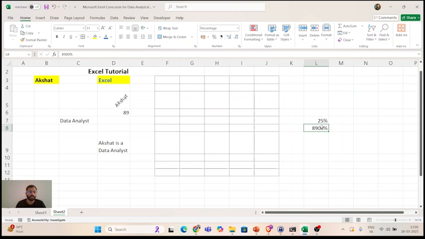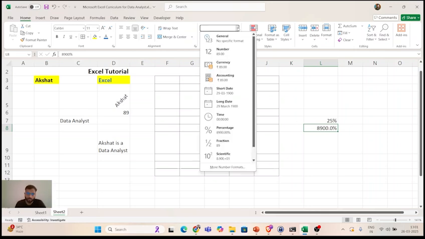After that, if you want to see the data with some precision, let's say up to 2 decimal places, 3 decimal places, 5 decimal places, we can use these inbuilt options. Let's say increase decimal, and when you hover over this, decrease decimal. So let's say right now, if I want to increase some decimal places, see, when I click once, 1 decimal point is increased, 8900.0, 2, 3, and so on and so forth. If you want to decrease it, you can decrease it like this. Correct?